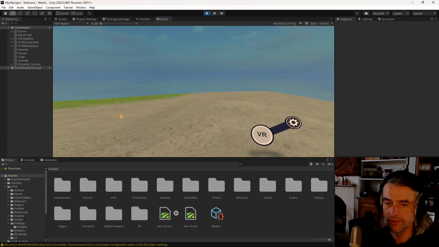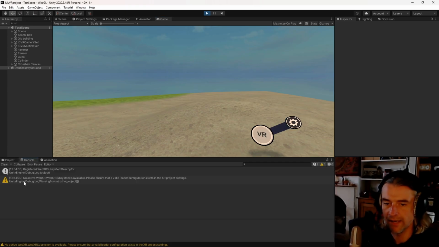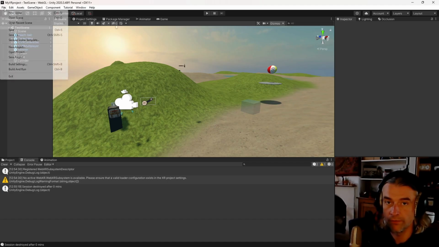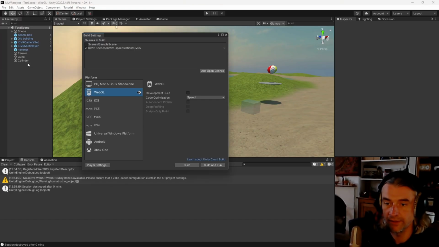Once you've done all this, let's go to console and let's make sure you don't have any major errors. And now your game is ready to be deployed. So let's go File, Build Settings. Make sure you have your